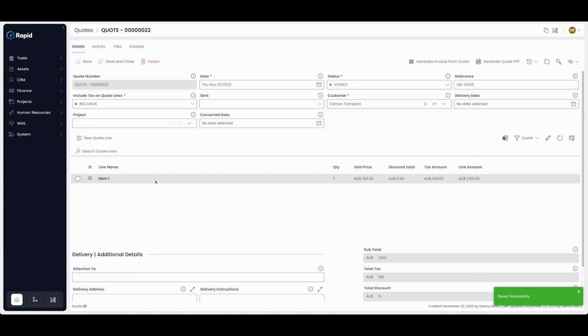As a quote contains sub-items, it is best practice to delete the sub-items or quote line items before deleting the main quote item. To do this, select the quote you wish to delete. Select all line items from within the quote view, then click Delete Line Items. This will